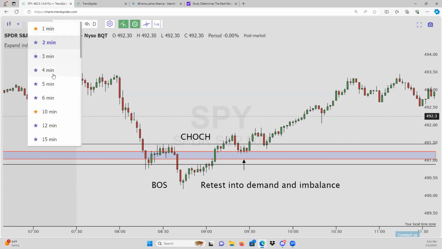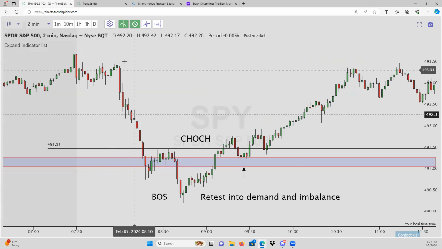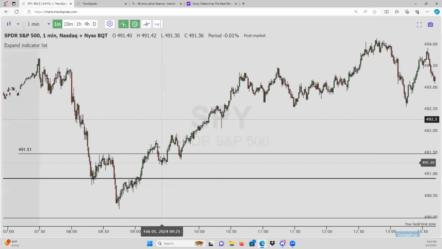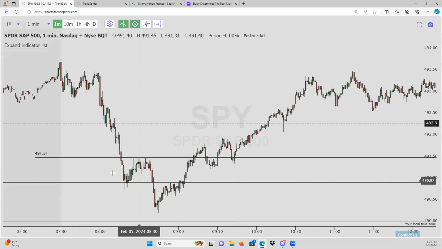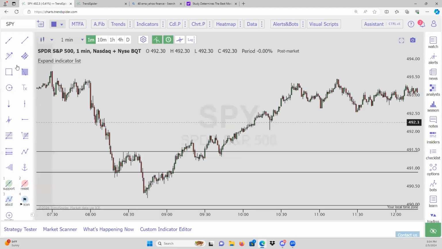Now, typically you can see it on the 5-minute, but I like to use the 2-minute. This is where the 2-minute comes into play. And sometimes I'll use the 1-minute to find these break of structures and change of characters as well. I mean, you can see it on the 1-minute here, change of character, coming right into this demand. I'll even highlight it for you guys. Right. Boom. Supply, obviously heavy supply, big move out.